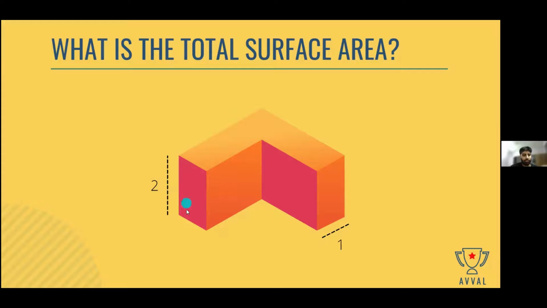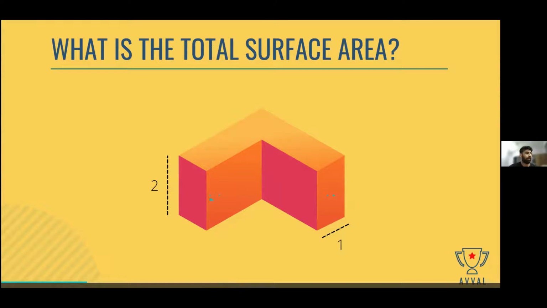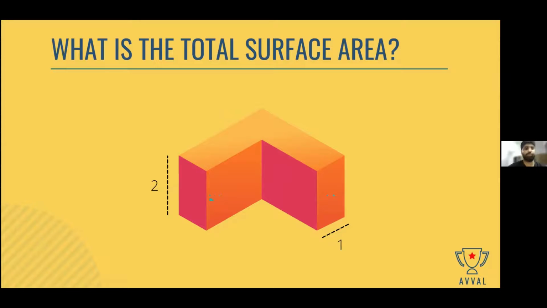Okay, the area of 1 is equal to 2. That's correct. So I've got 2 such surfaces. So 2 plus 2 is 4. All right. So let's just track it down. I'm going to also note it down on a sheet of paper so that I can track it along with all of you. So for the smaller squares, the total area is 2 into 2, which is 4 times 2, and that's 8. And for the rectangles, the area is 2, and I've got 2 such. So the total area is 4.